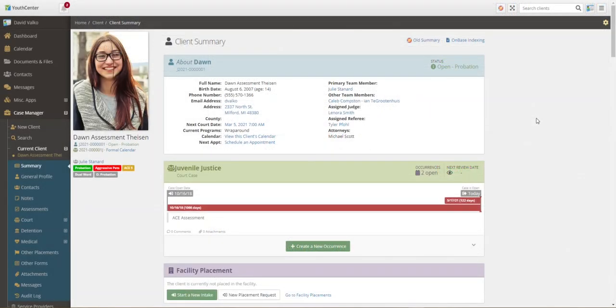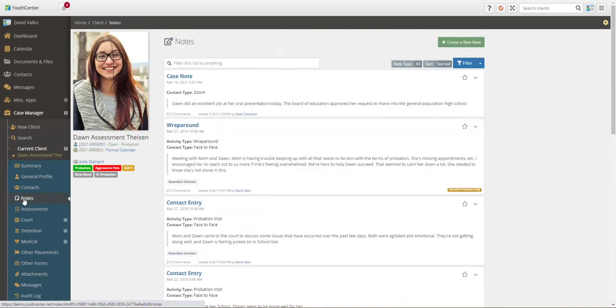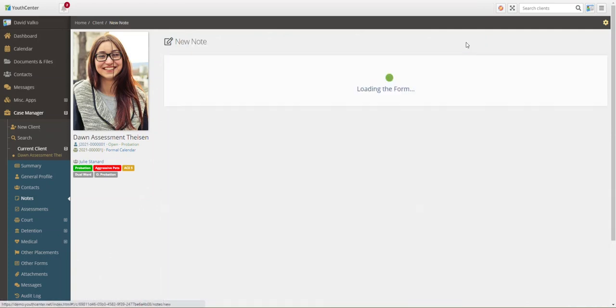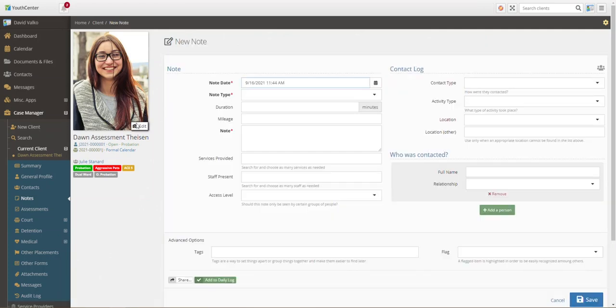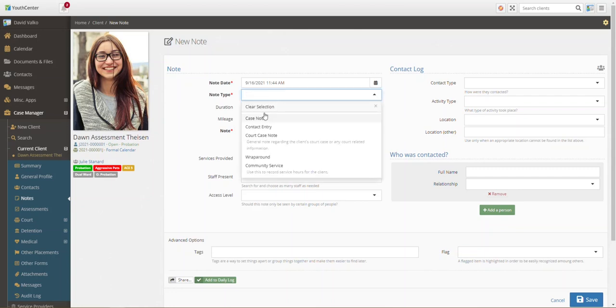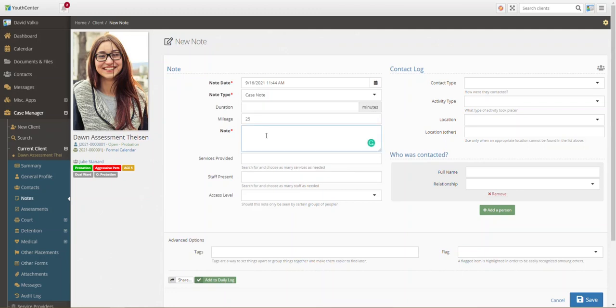Next, let's take a look at a minor change we've made to the Notes application. If I look at our demo client, Dawn, and click on her notes, I can go ahead and create a new note. We've got all of the standard fields. However, we've added a mileage field in here. Probation officers have asked us to go ahead and enter that so that they can record the miles they've traveled when visiting a client. You can still select your note type, enter in your notes,